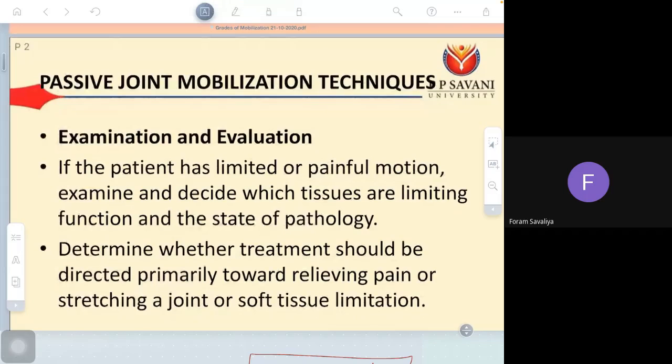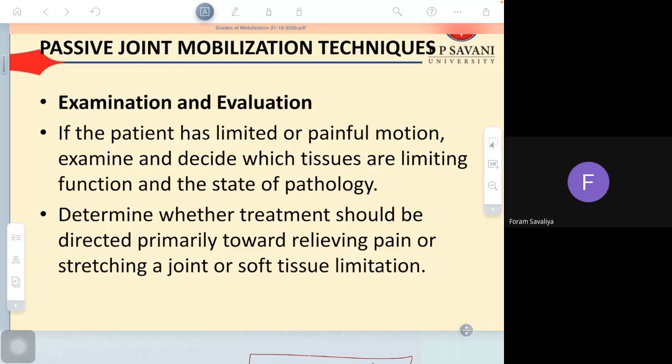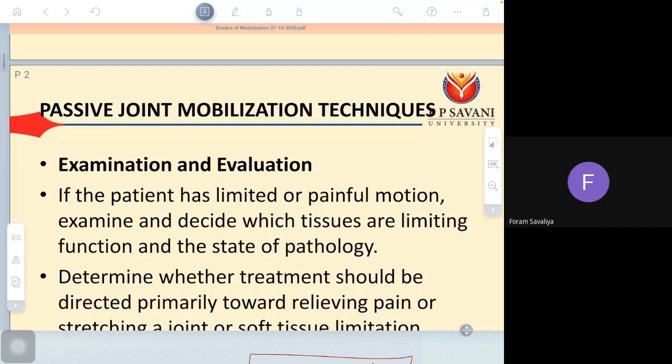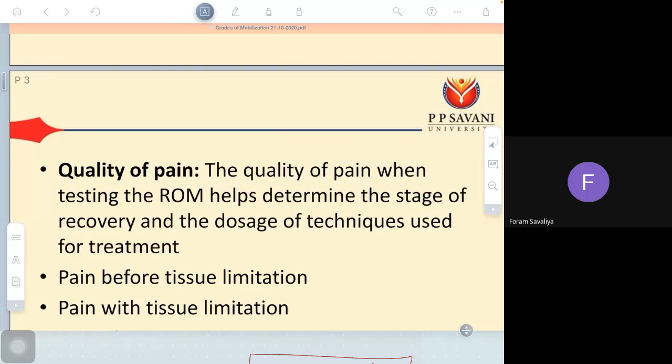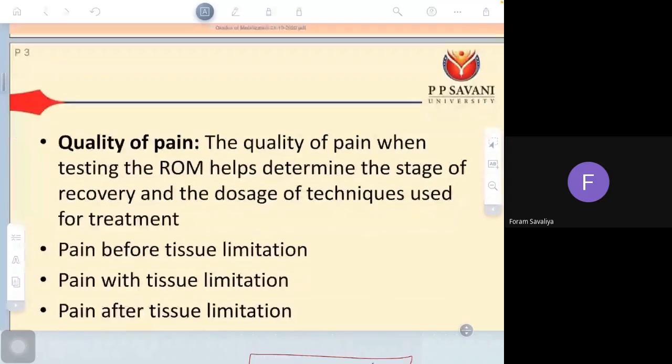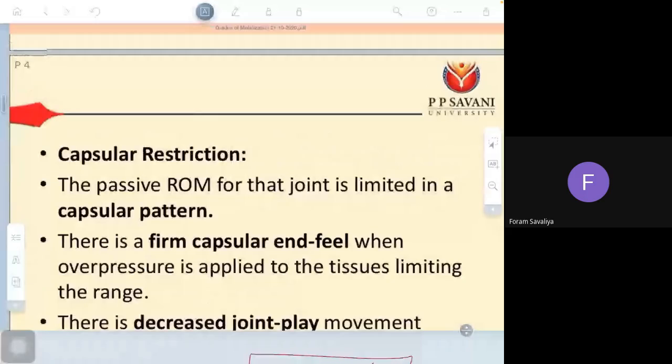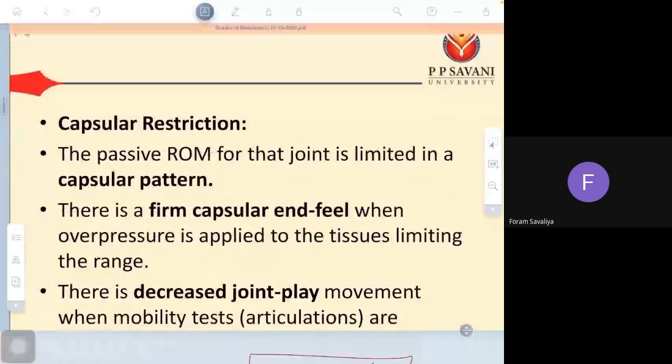So, passive joint mobilization technique. Before giving passive joint mobilization, you have to examine and evaluate. Three steps you have to follow. First, examine the joint and thoroughly evaluate it. Second, assess the quality of pain. And third, check whether the patient is having any capsular restrictions or not. Clear? So these 3 points you will check before